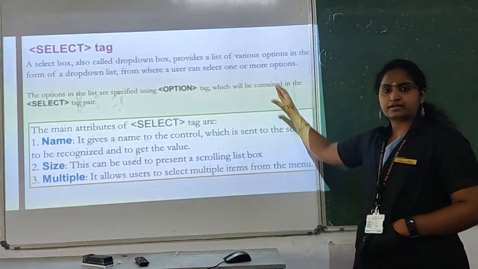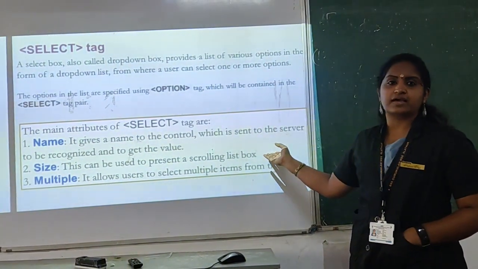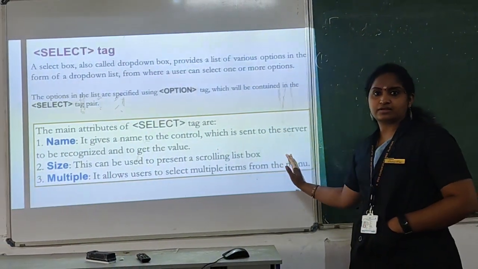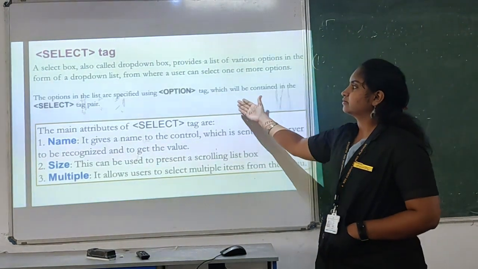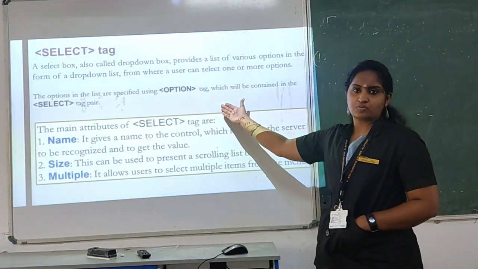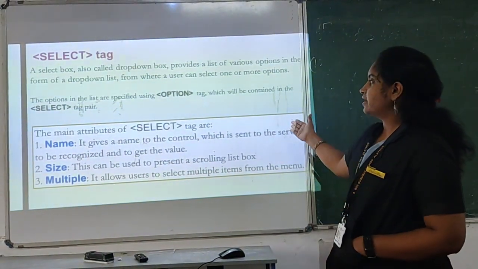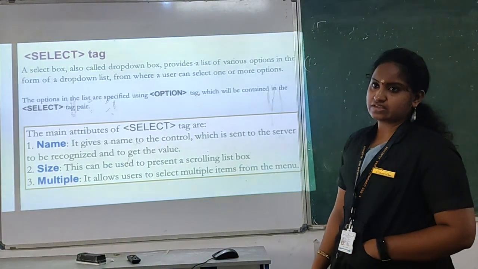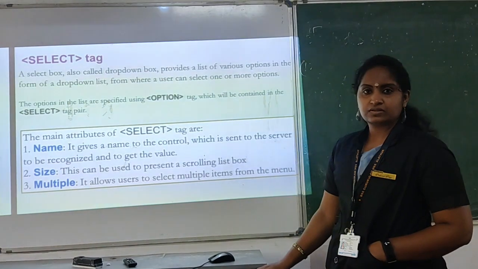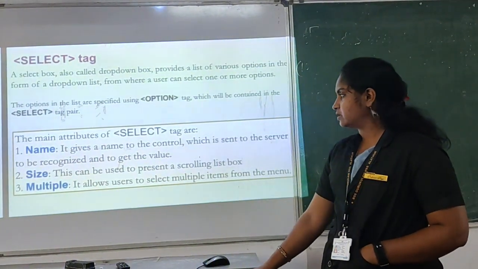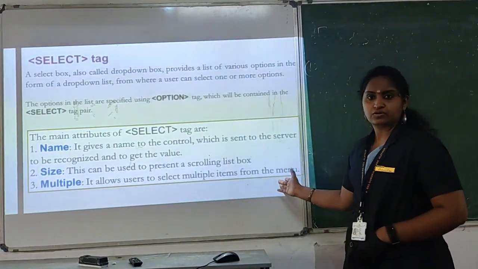And another control is select. That is, you have a list of content to choose. You can choose the particular one. Generally we have that to select a country or any options. Is it? So that is the use of select, and its main tag is the option tag. Clear? And here the main attribute of select is name, same as we have to identify the option with a name, and another one is size. You can include any number of options, and another one is multiple. If you want to select multiple items, you can choose.